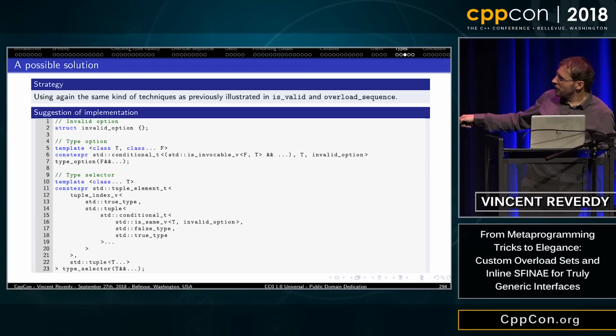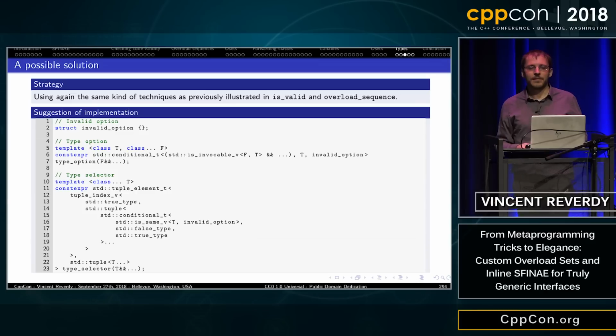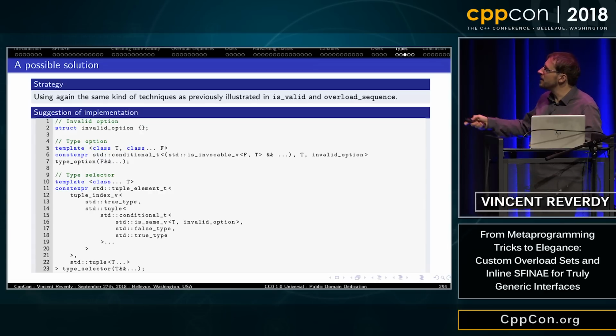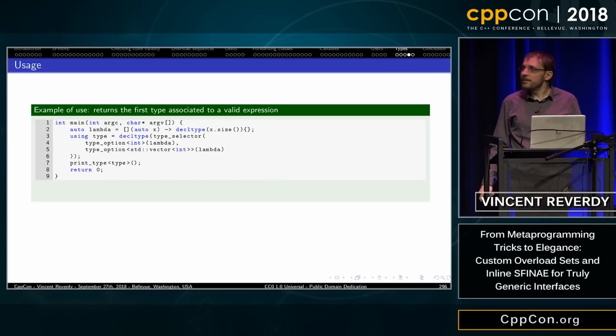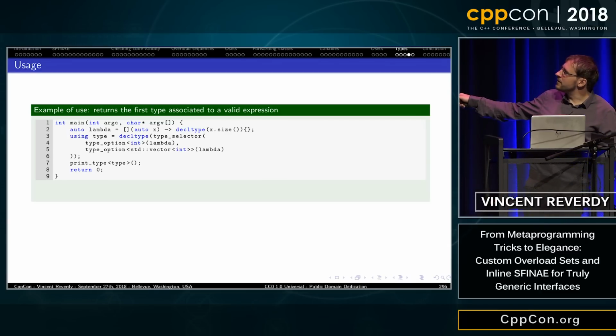And then I have another function, type selector, where I use the trick with the tuple index. Again, same thing as overload sequence. And what I'm basically doing is trying to check which options are viable or not. And I can use it like this. So I define a lambda that checks whether the type has a size.